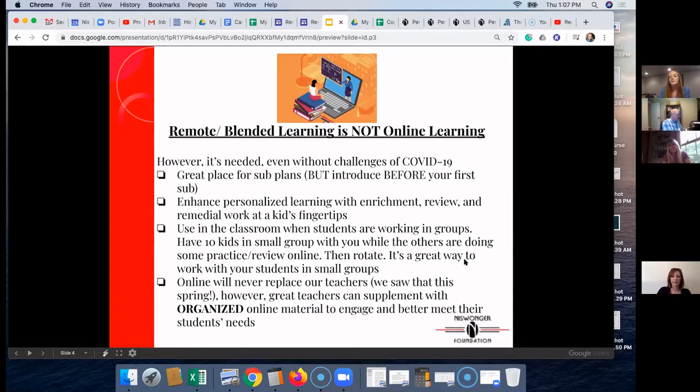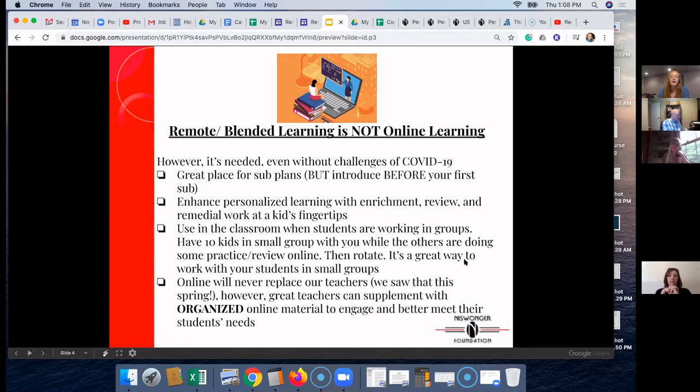This is not something that we're going to use this fall, and then once there's a vaccine or a cure or whatever, I'm praying for all of the above, and everything is back to normal, you just trash it. All of these hours that you're putting into this Canvas course are not going to be lost, because there are so many great ways you can still use it within your classroom, even when your students are there with you all the time, face to face.